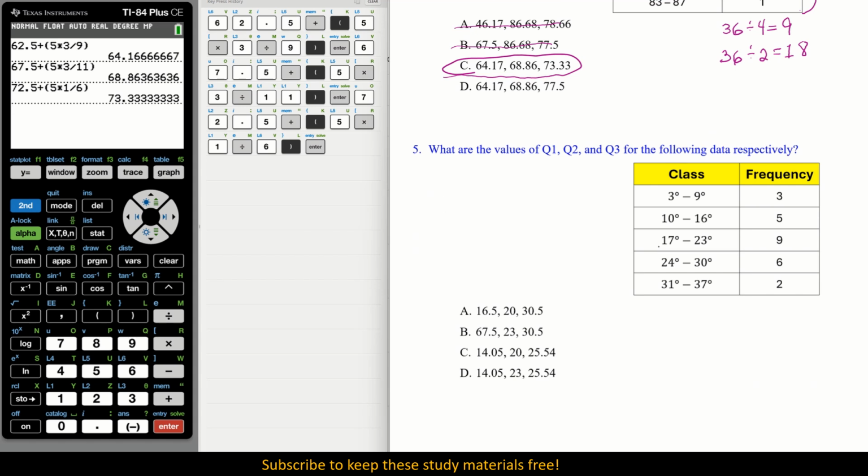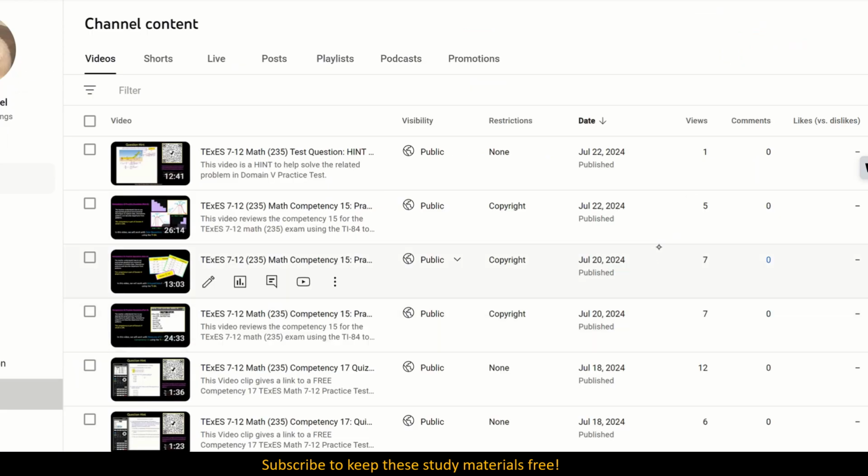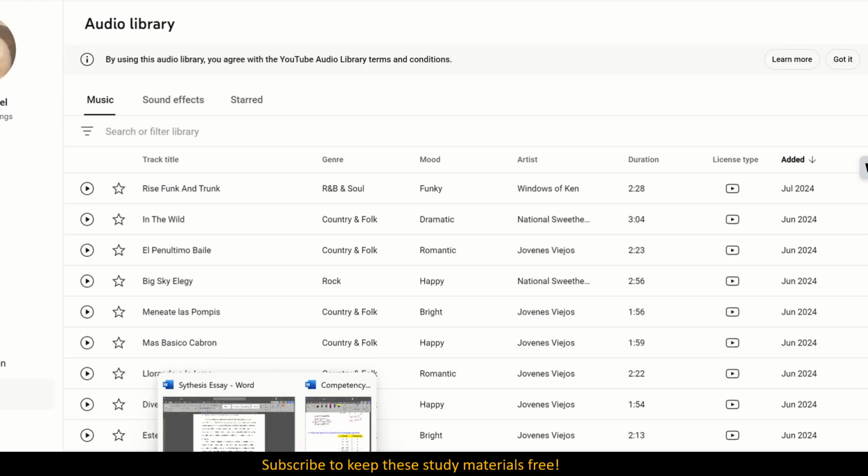Okay, again, we need Q1, Q2, and Q3 in that order, respectively. Okay, our width equals 7 for this one. Okay, and our total is,